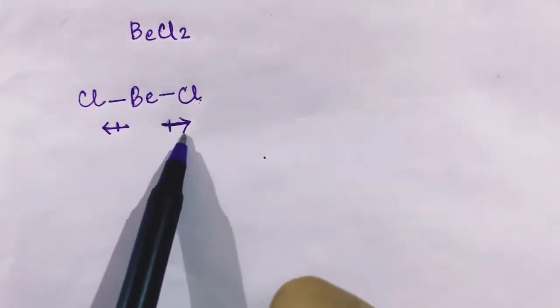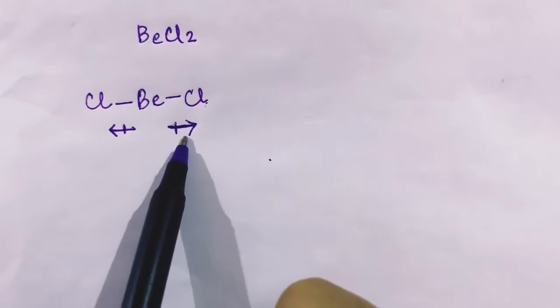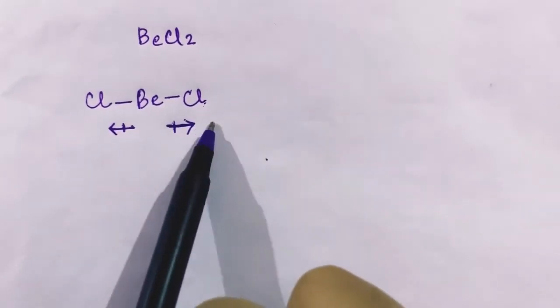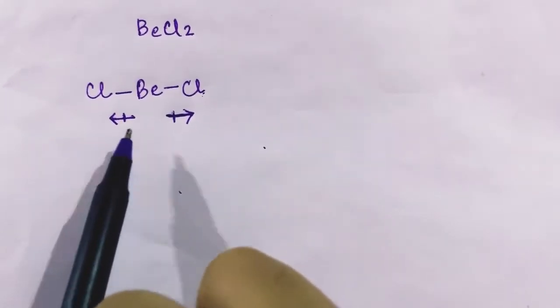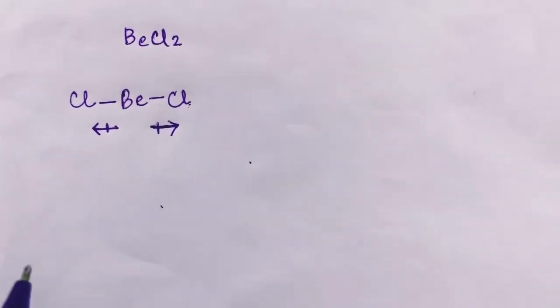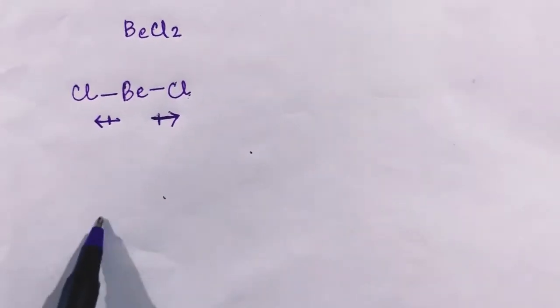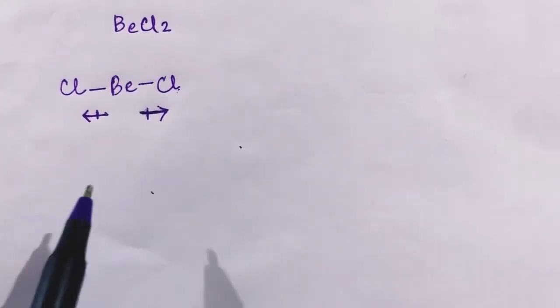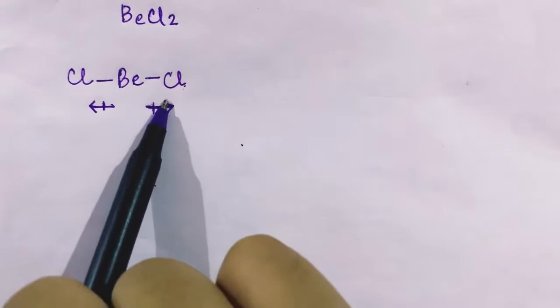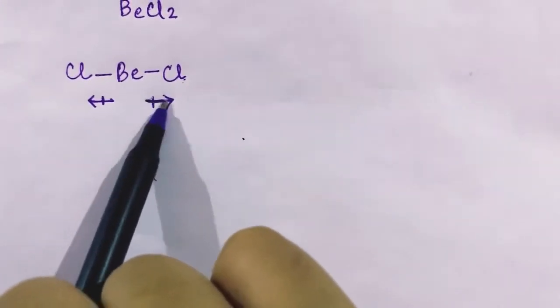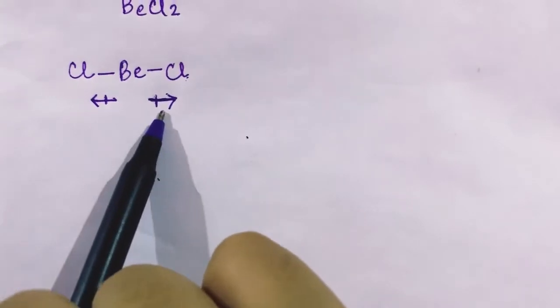So this is how we represent dipole moment in terms of direction, and it always goes from the positive towards the negative ion. We can easily see here that the two dipole moments are in opposite directions, and from our vector knowledge we know that when vectors are equal and opposite on both sides, the net vector is 0, a null vector. Similarly here we have two dipole moments, which are vector quantities, equal and opposite on both sides. So the net dipole moment of this compound will be equal to 0.